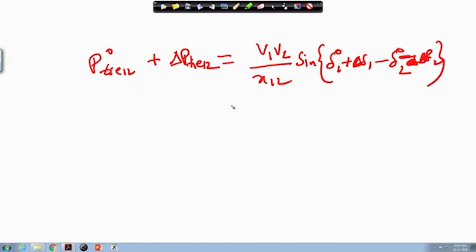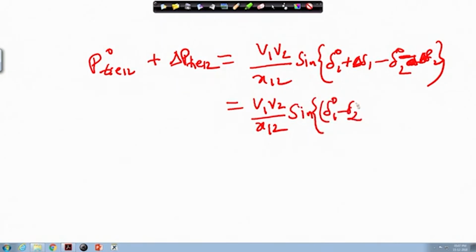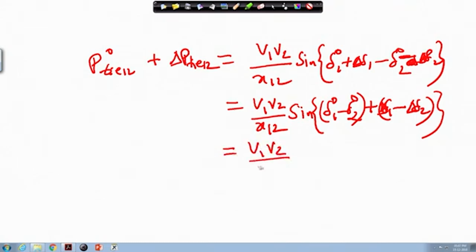That means this one will be equal to V 1 V 2 upon x 1 2, then sine of delta 1 0 minus delta 2 0 plus delta delta 1 minus delta delta 2, right. Now, this one you expand, sin A cos B plus cos A sin B. So, if you do so, it will be V 1 V 2 upon x 1 2,